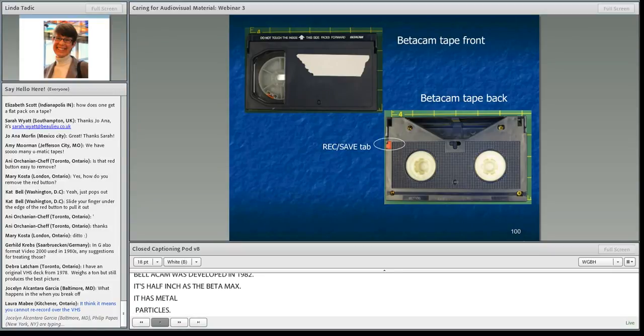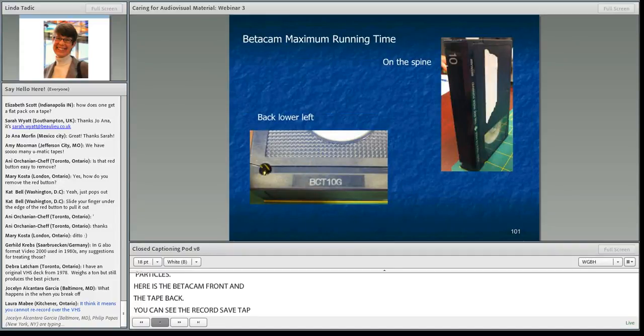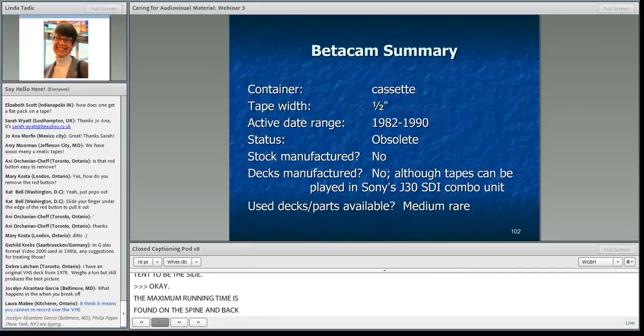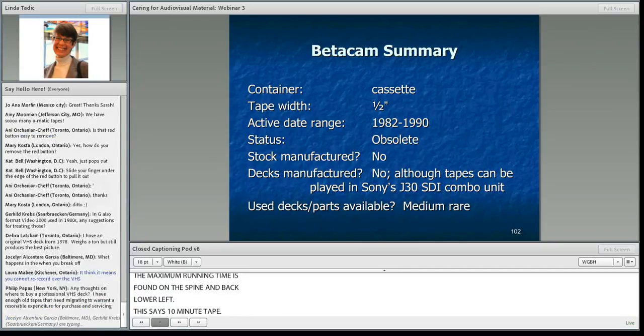And you can see the record save tabs for all of the Betacam formats tend to be on the side. Okay, the maximum running time, you can find it on the spine and also there on the back lower left. So that says it's a 10-minute tape. Summary, it is obsolete. The stock is not manufactured. You can play Betacam tapes, though, in a combo unit.